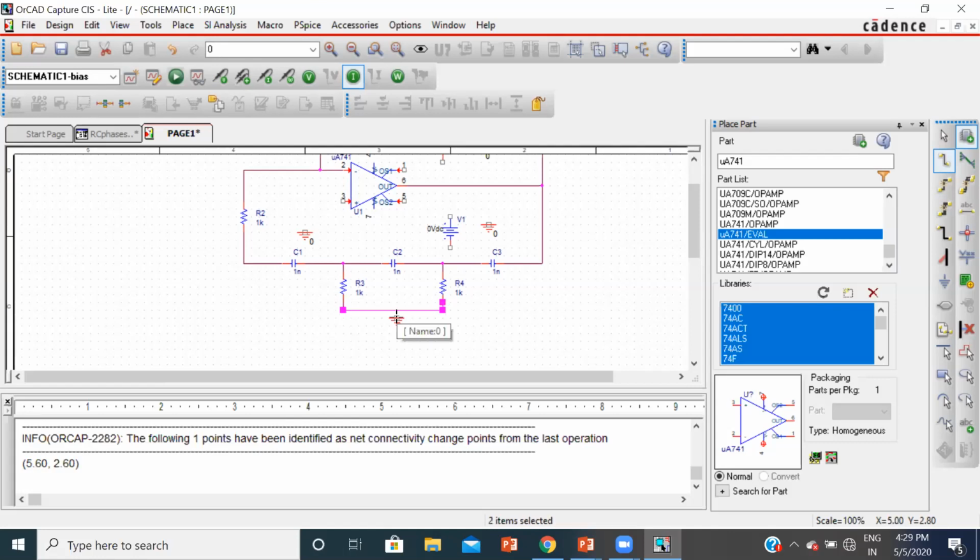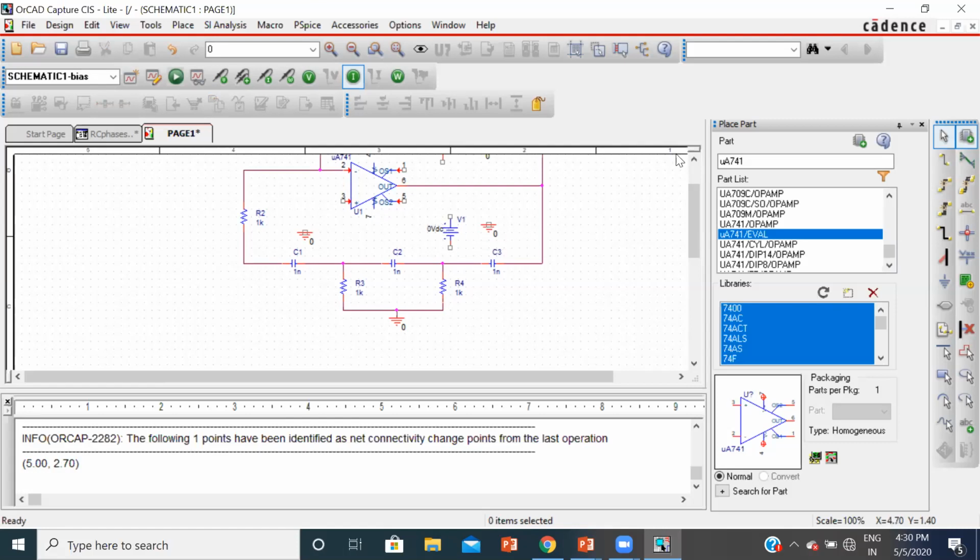Okay, next you can obtain the connection for this. Next, this thing is connected. So you can select this plus VCC.